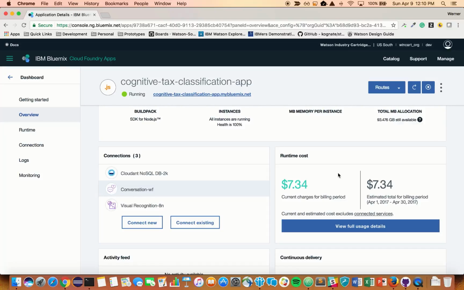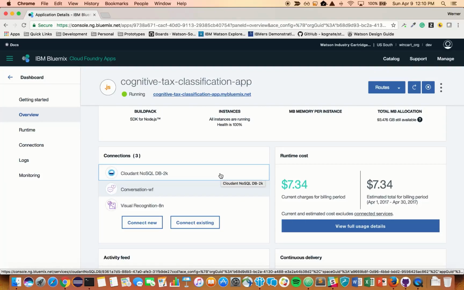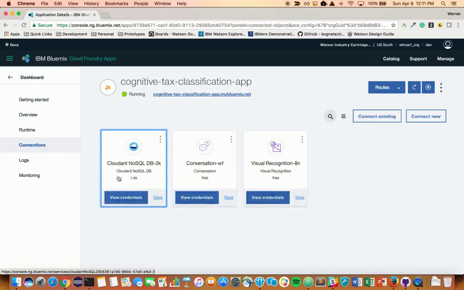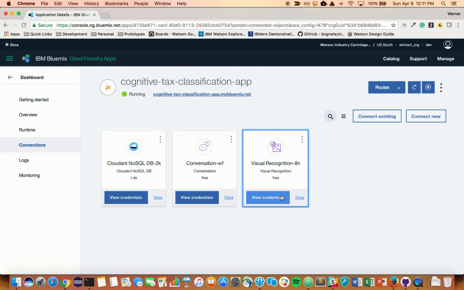Once the application is created, you need to bind 3 services to this application. A Cloudant instance can be an existing one. It doesn't use a lot of space. A conversation instance, again, you can reuse a conversation instance if you would like, and then visual recognition, again, you can reuse or create a new one. Once you've done that and you navigate to connections, you would need to drill into each one of these credentials, and